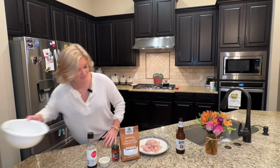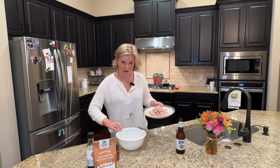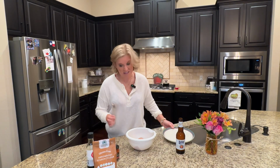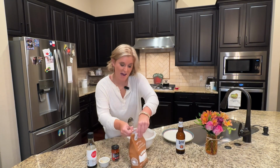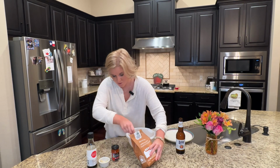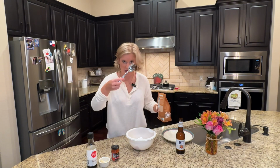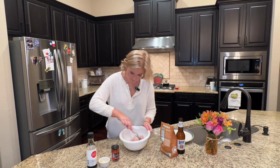But for the chicken, like I said, we're gonna just lightly coat this. I have just an empty bowl here. It's kind of dry, but I rinsed it, so it's a little wet still. But anyways, I have everything measured out for you guys, but I don't like to measure most times. It really kind of varies. I did maybe half of a tablespoon, that's what this is,